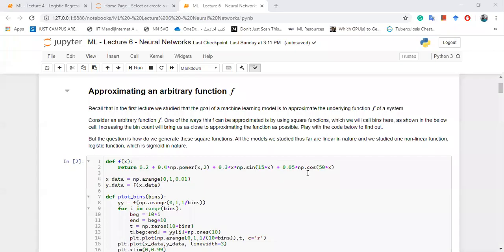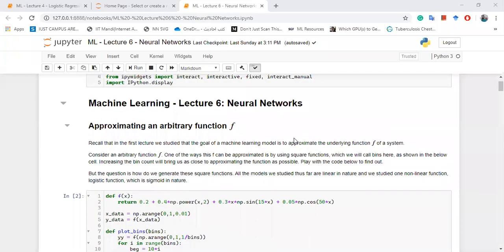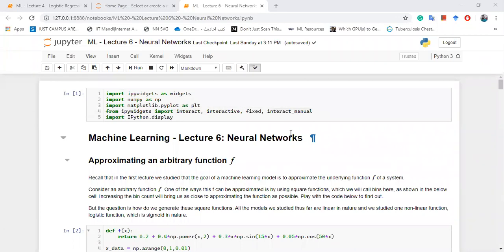So welcome to lecture 7 of machine learning. In this lecture, we will take a detailed look at the neural networks. We will see how the forward propagation works, derive the different expressions so that we can easily implement them, and then we will take a smaller look at the back propagation, etc.